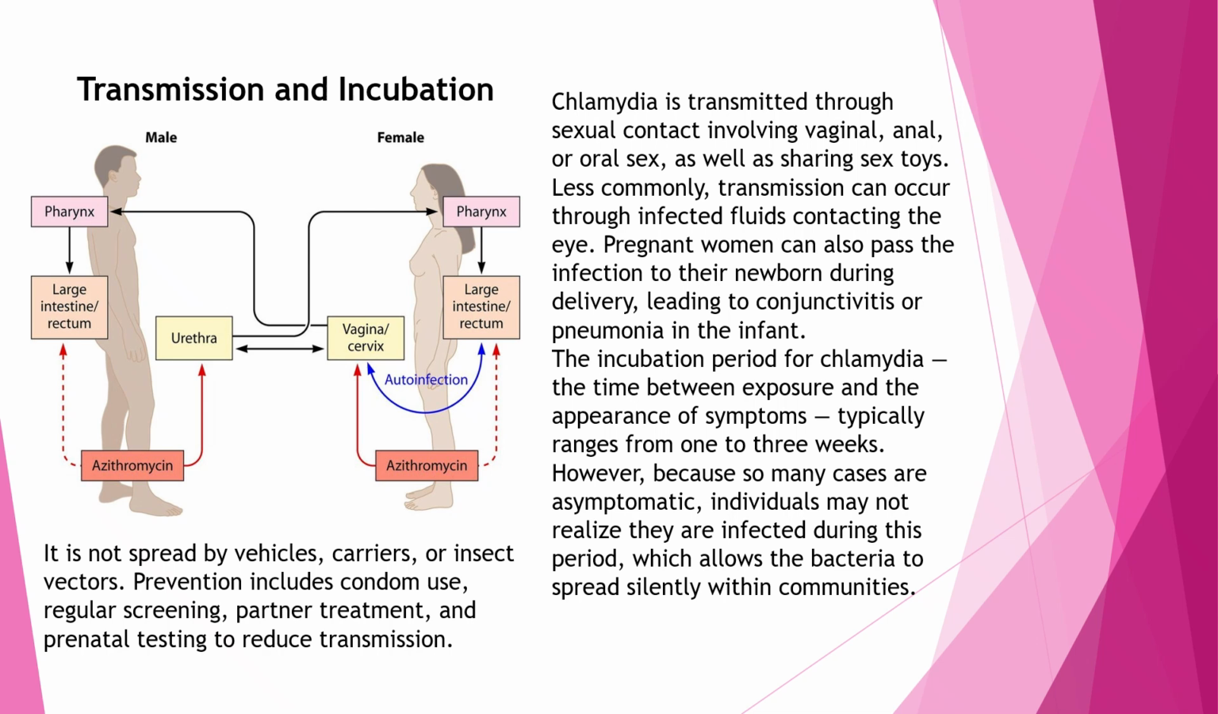Chlamydia is transferred through sexual contact involving vaginal, anal, or oral sex, as well as sharing sex toys. Less commonly, transmission can occur through infected fluids contacting the eye. Pregnant women can also pass the infection to their newborn babies during delivery, which can lead to conjunctivitis or pneumonia in the infant. The incubation period for chlamydia, which is the time between exposure and the appearance of symptoms, is typically from 1 to 3 weeks. However, so many cases are asymptomatic that individuals may not realize they're infected during this period, which allows the bacteria